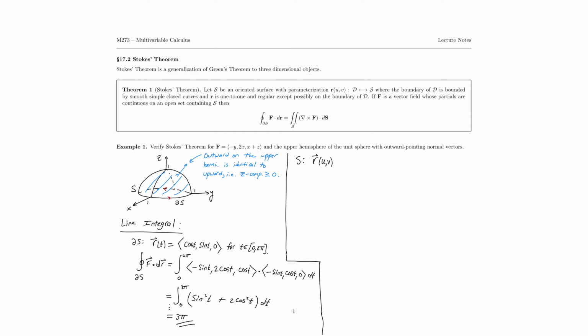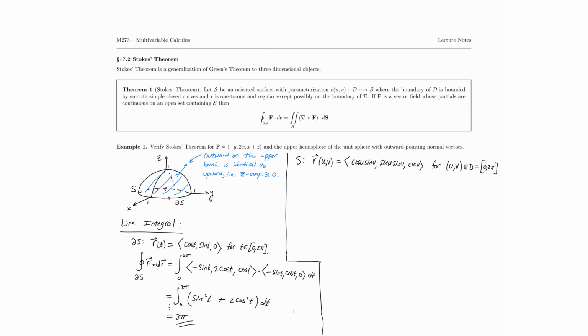We've done this before. So this would be cosine u, sine v, sine u, sine v, cosine v for u comma v in, let's say, the domain D, which is 0 to 2 pi,